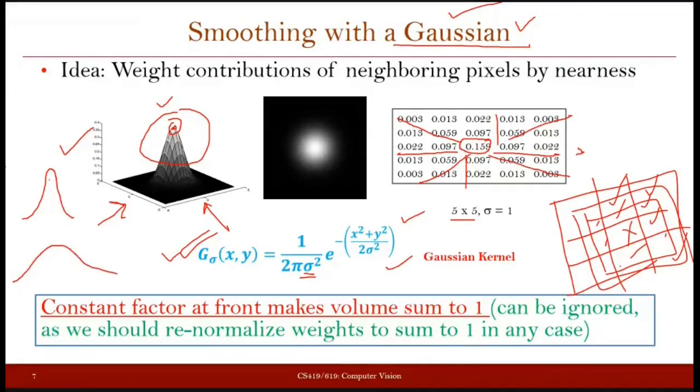So what is the impact you will get from this in your filter? If your curve is like this, it says that you are giving very high importance to the pixels which are very close to the central pixel, and very little importance to the pixels which are far from the central pixel. But in this case, the weight that you get here or here is very close to what you get here and here.